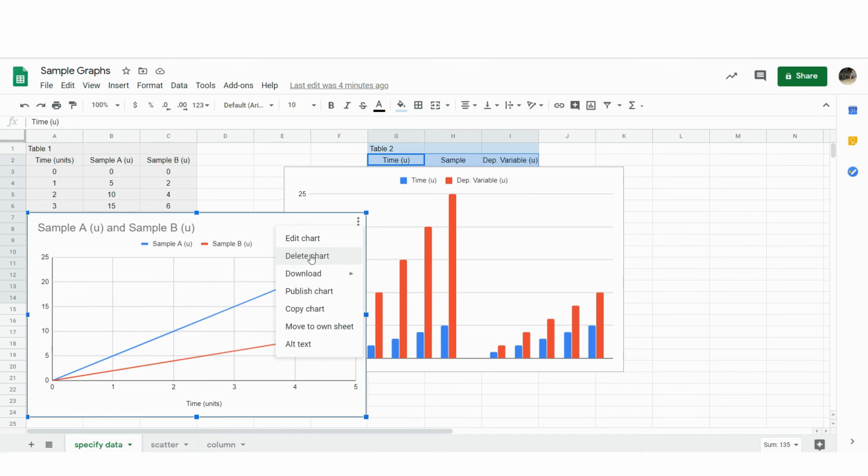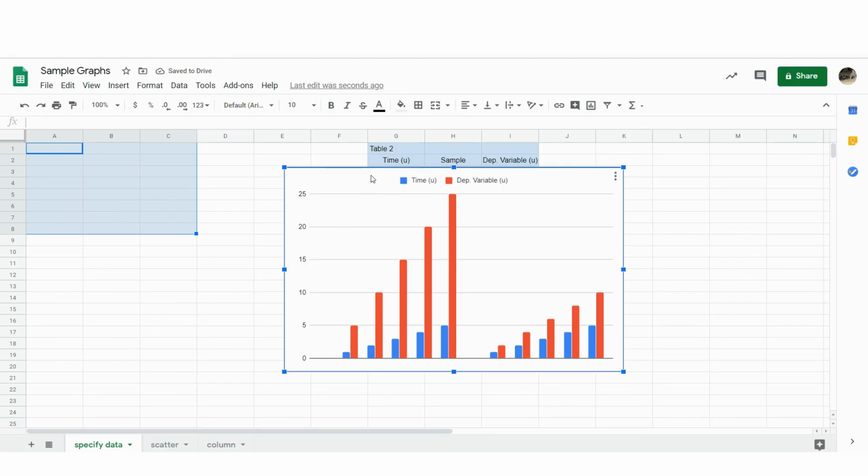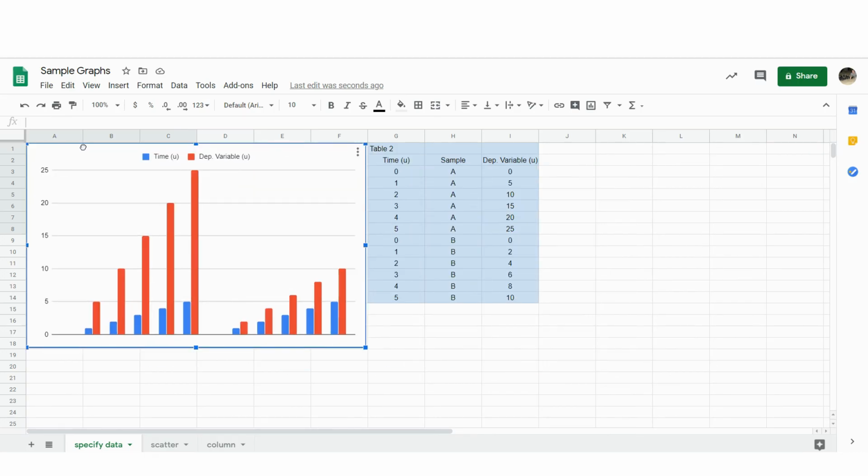And just clean up this page a little bit, get rid of the stuff we don't need. First, we know we want a scatter plot, so I'm going to go ahead and change that.